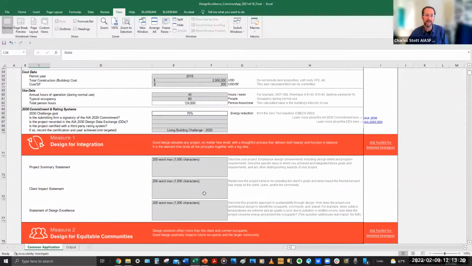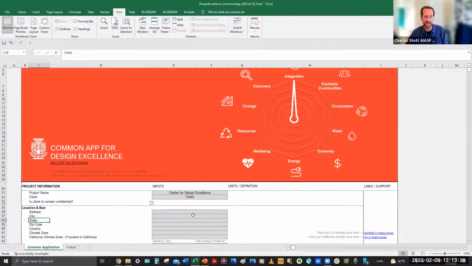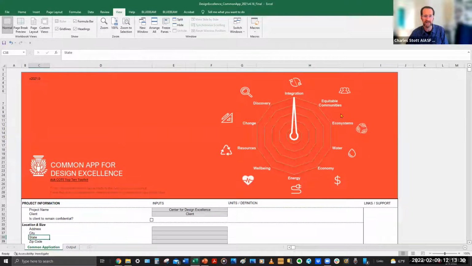And also really helpful in this, as you start entering information into the project database, this little live tool we call the spider web begins animating, and it's a quick review when you're done with this submission.